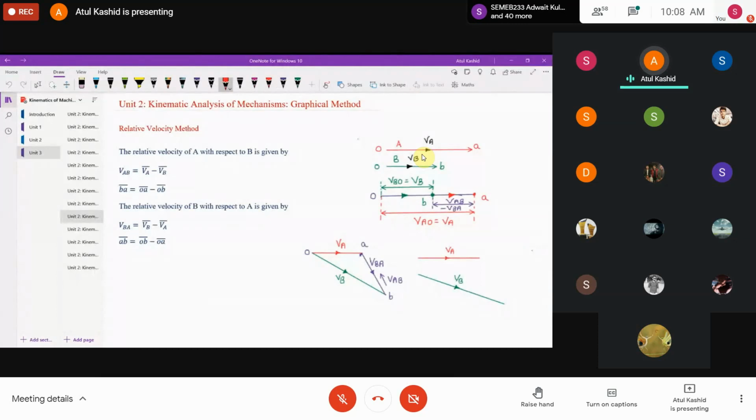In the previous lecture, we also saw the concept of relative velocity. We saw what the velocity of A with respect to B is, and how it is represented by a vector, using common examples like two bodies moving parallel to each other, and two bodies moving at a certain angle to each other. So how do we find the relative velocity? That we had seen in the previous lecture. Before going further, this should be very clear to everybody: what is relative velocity.